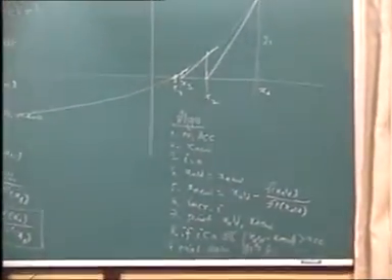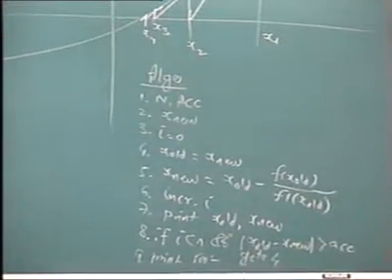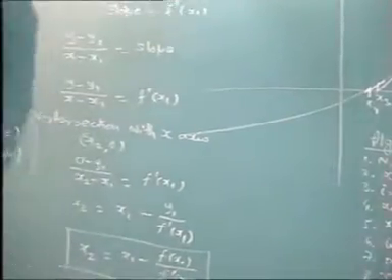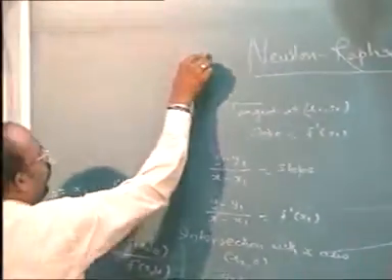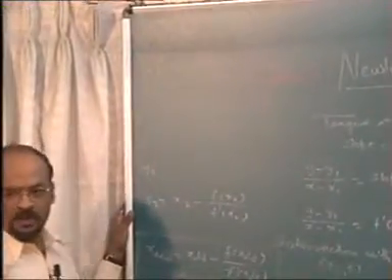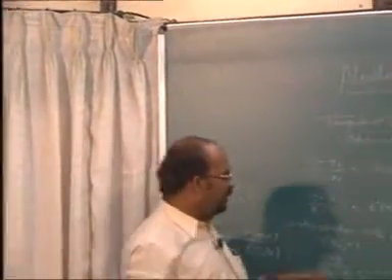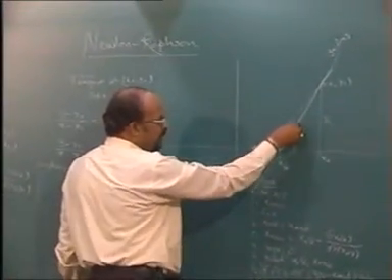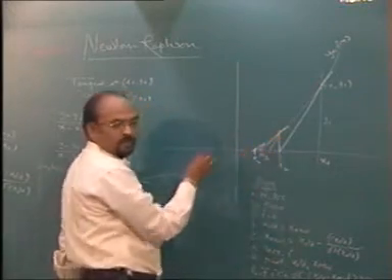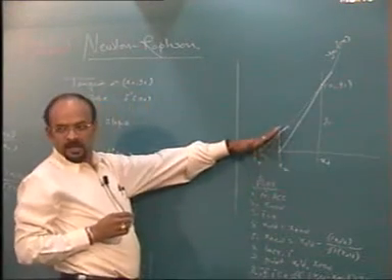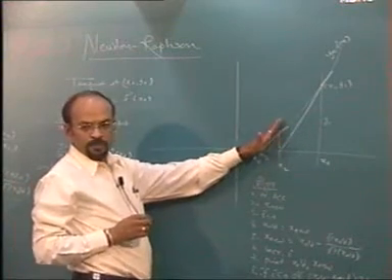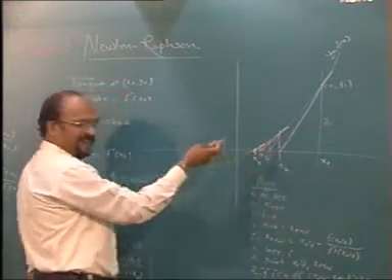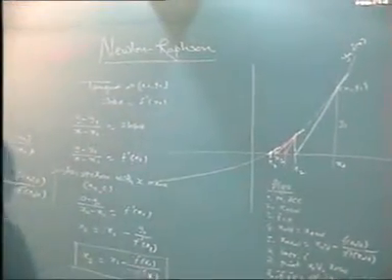Now this procedure is consuming more time in finding the denominator. Instead of that, there is one more method called the modified Newton-Raphson method. In the modified Newton-Raphson method, we don't find the denominator again and again. We say that whatever is the slope of the first tangent, I will just draw a line parallel to that. I will not find a new tangent. I will continue with the previous slope. This will be my assumed root. I go here, I again draw a line parallel to it. In turn, it will take more iterations to reach the root.